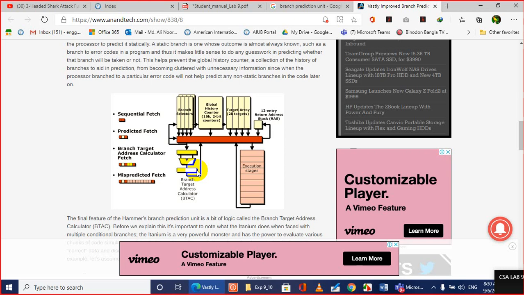So if the prediction goes false or wrong, certainly there is a penalty. Similarly, inside the CPU, if the prediction is wrong, certainly there will be a penalty. Now inside the CPU, the penalty is measured in terms of clock cycles wasted. So when we change the design parameter, we will change this branch prediction accuracy.